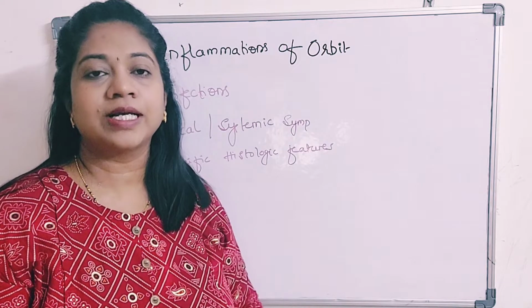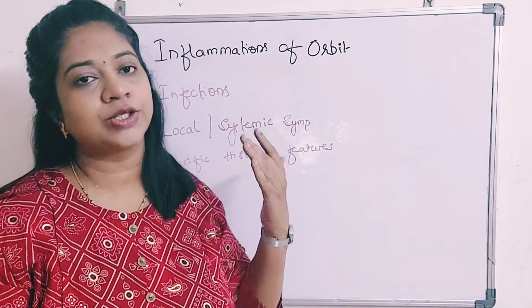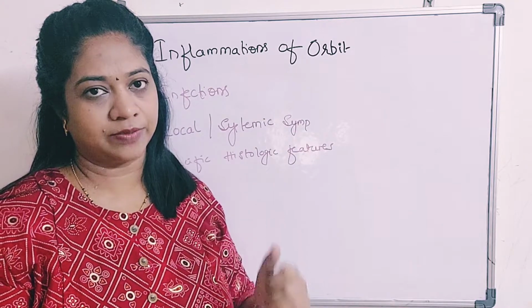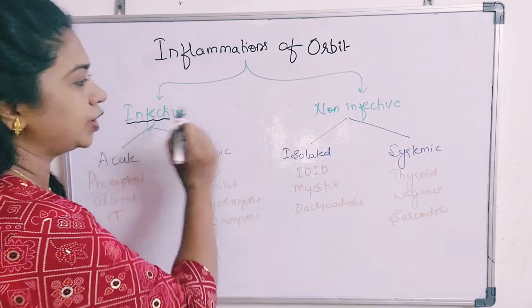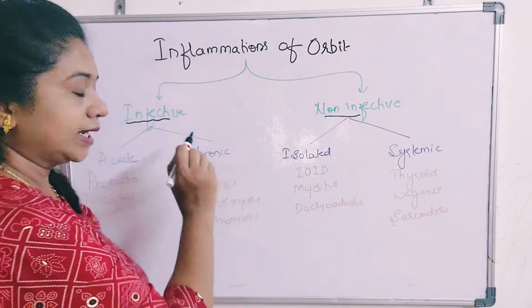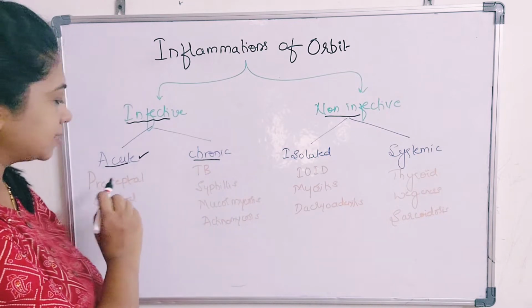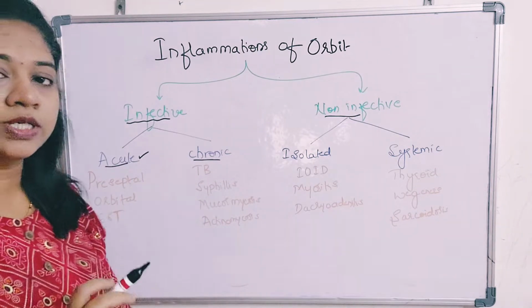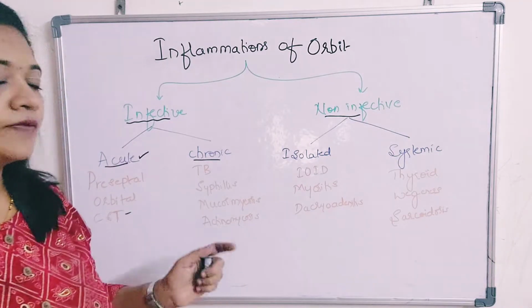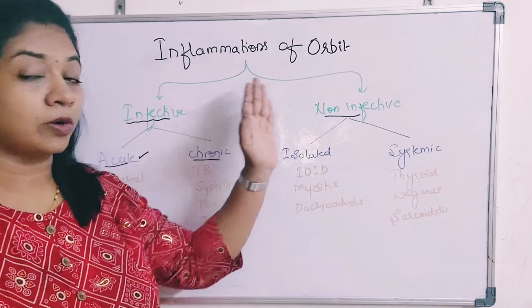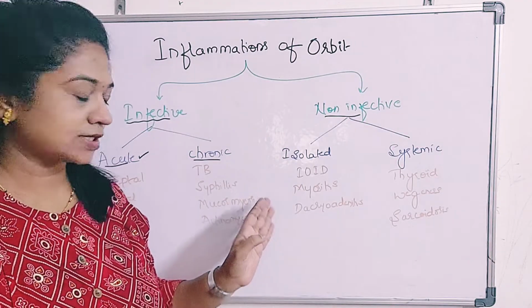Whereas the textbook of Khurana gives a simpler classification, where it classifies orbital inflammations into infective and non-infective. In the infective causes, it can be an acute presentation or a chronic disease. In the acute, we have preseptal cellulitis, orbital cellulitis, and even cavernous sinus thrombosis. Whereas the chronic diseases which present with orbital inflammation are tuberculosis, syphilis, fungal infections like mucormycosis,